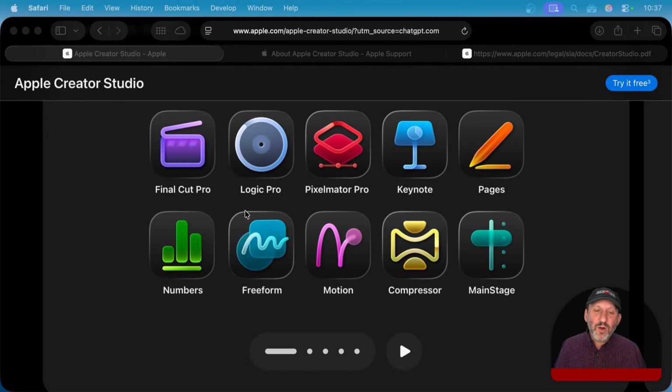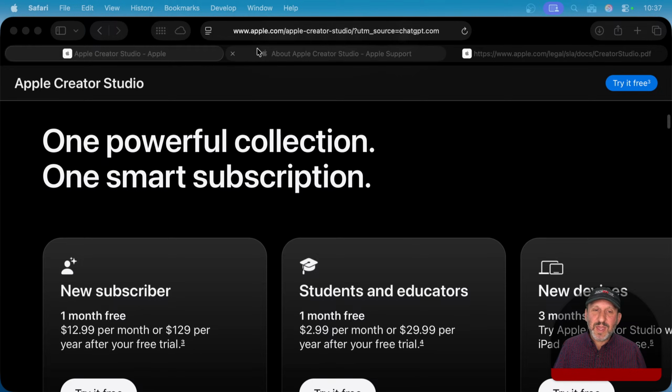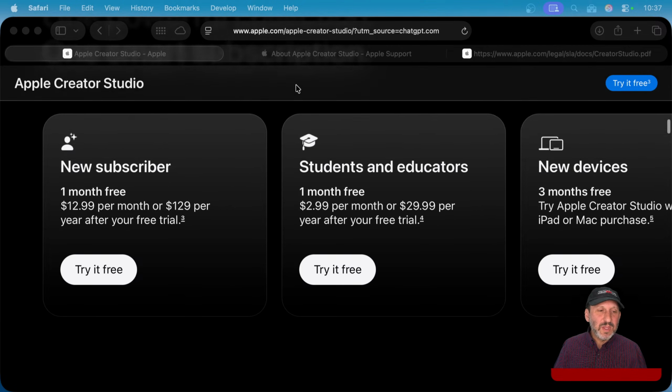Okay, so on to what you get. You get 6 apps that you had to pay for standalone before. You get extra features for 4 apps. What does it cost? So Apple's got on this page here at apple.com/apple-creator-studio, you get